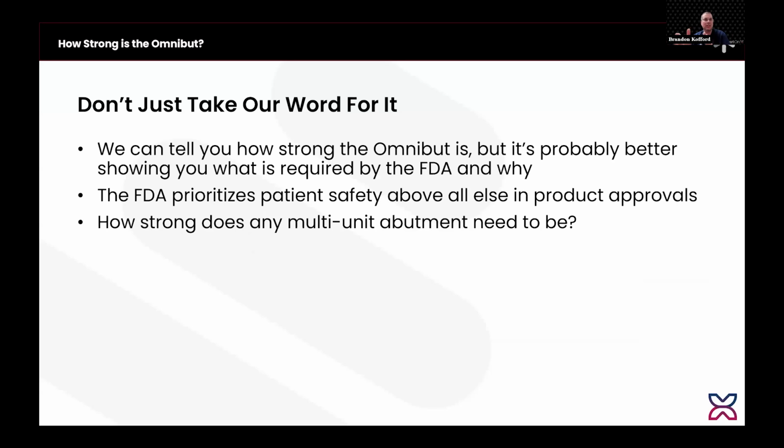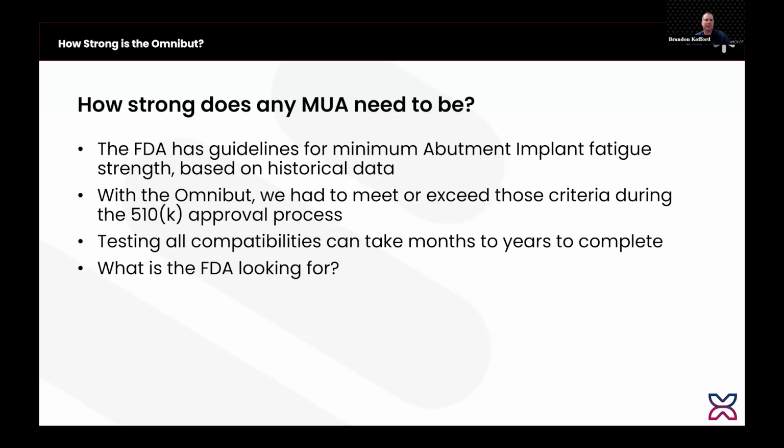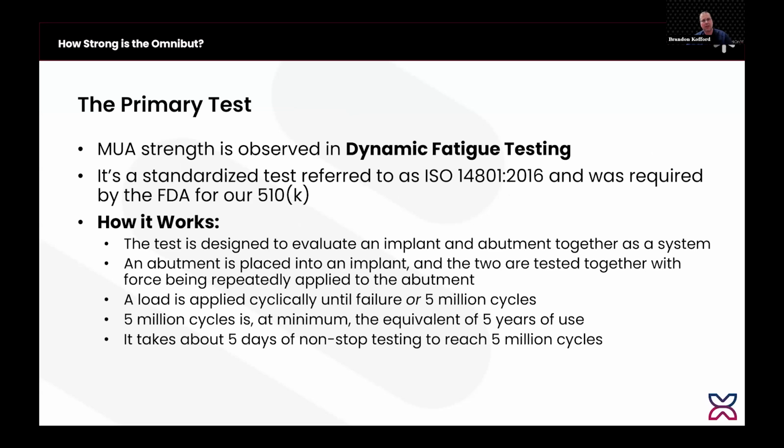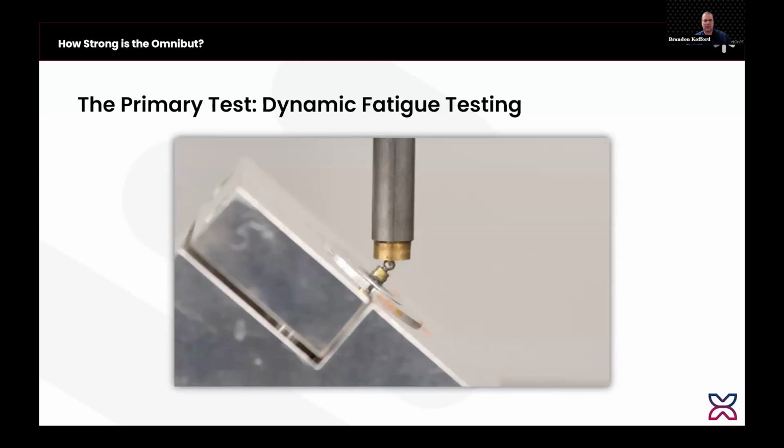So our predicate device was one of the leading implant companies' multi-unit abutments, and dynamic fatigue test, and it's referred to as the ISO 14801 2016, but we just call it the 14801 test. So the way the test works is you're going to embed an implant into a rigid material like bone or greater than bone. You have to simulate 3 millimeters of bone loss, and then you have to apply a force